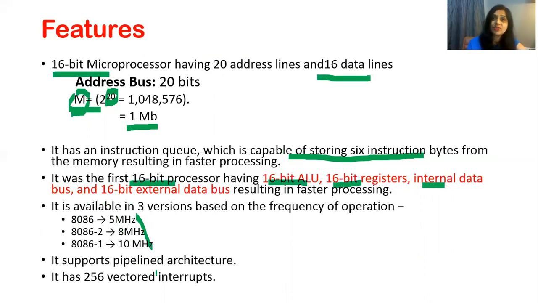In 8086, when the bus interface unit fetches instructions from the memory, the execution unit executes the previously fetched instruction, and both processes take place simultaneously. This type of process is known as a pipelined process or pipeline architecture, because the 8086 microprocessor supports this kind of operation, that is, fetching of an instruction by the bus interface unit and execution of the previously fetched instruction taking place simultaneously.